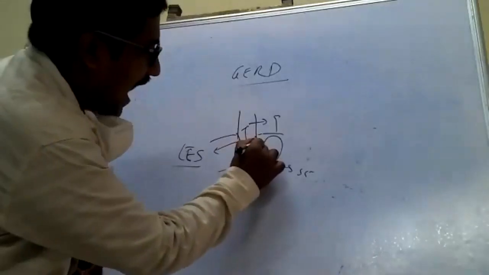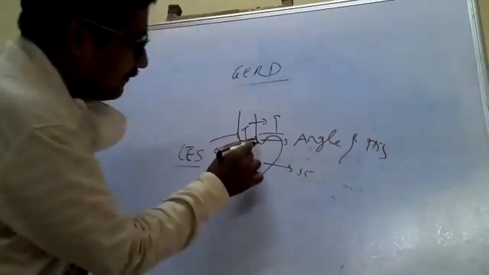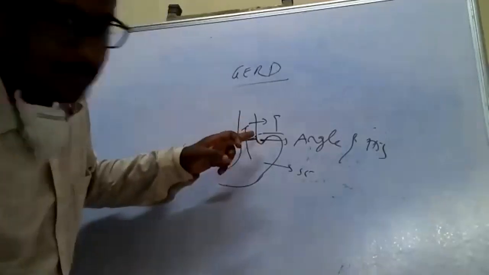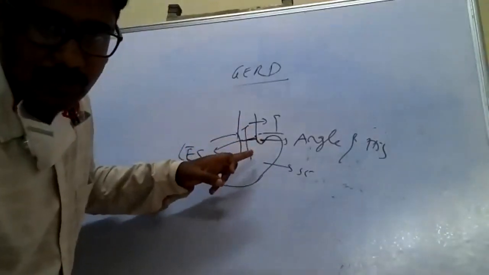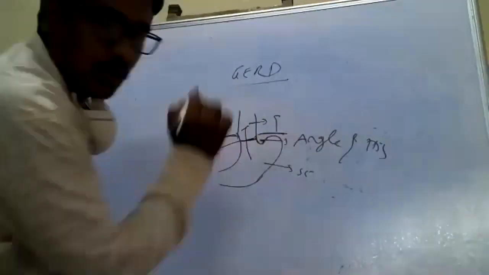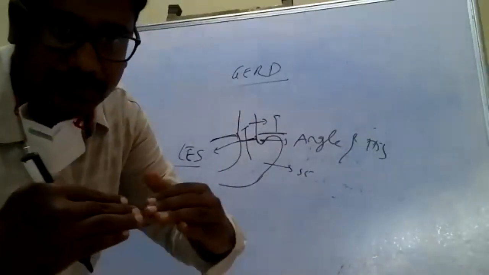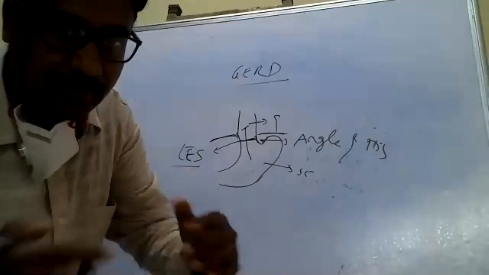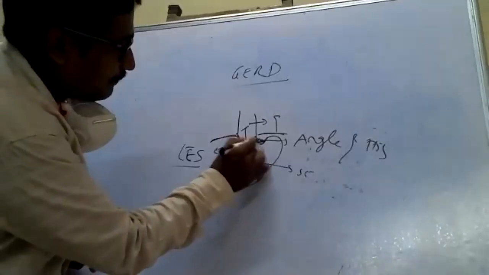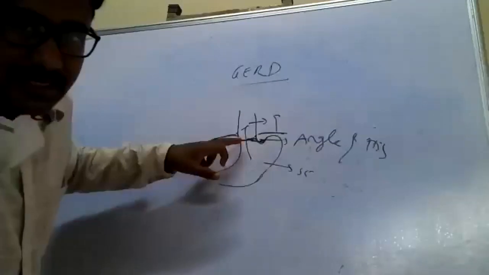This is called the angle of His. That is the angle formed by the cardia part of the stomach with the esophagus. This angle of His prevents the reflux of acid from the stomach into the esophagus. Not only that, this is the crus of the diaphragm. The crus of the diaphragm also causes a kinking or compression effect on the lower esophageal sphincter. And some fibers of the cardia also help in forming the lower esophageal sphincter.